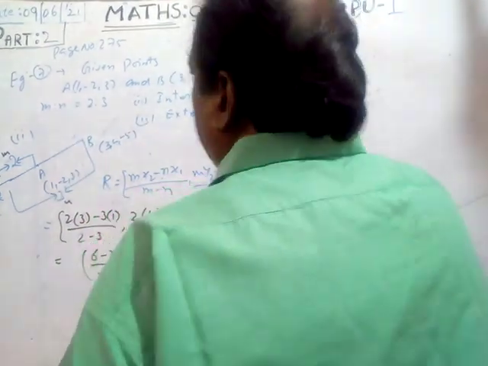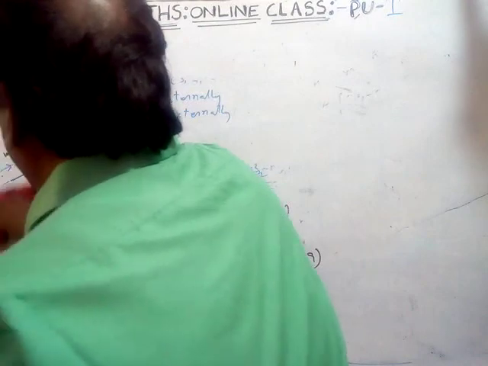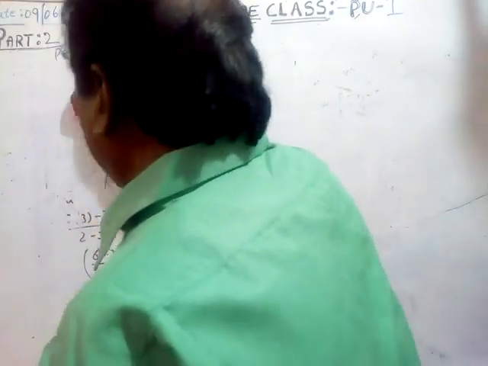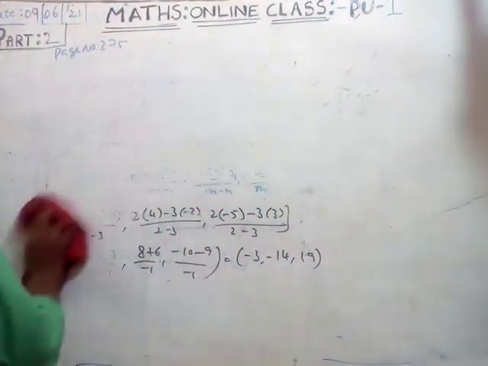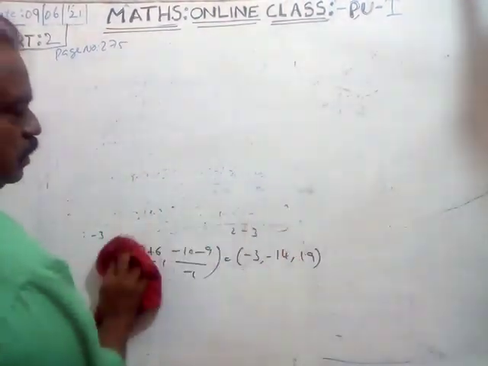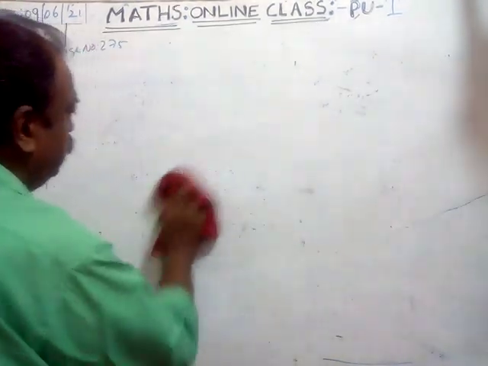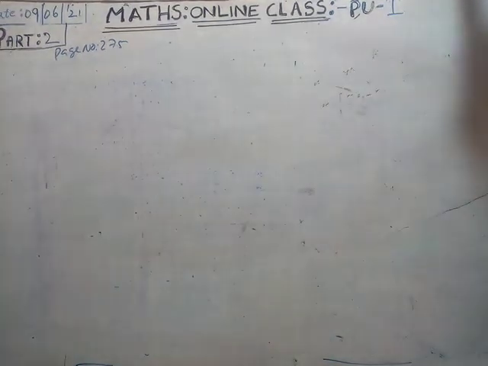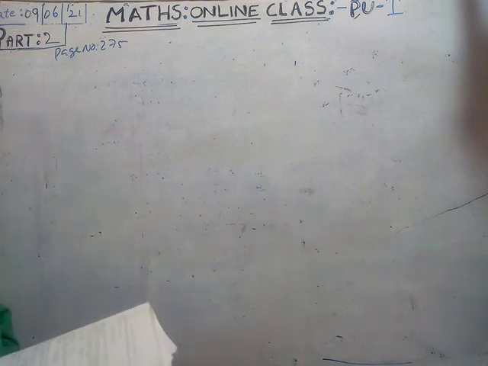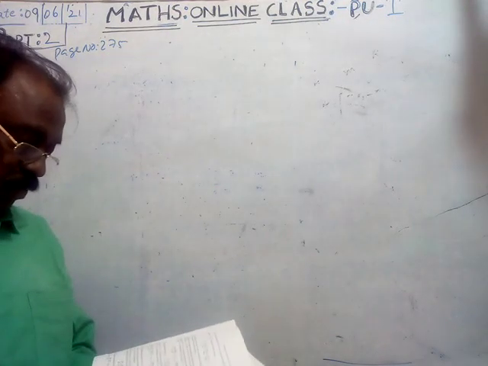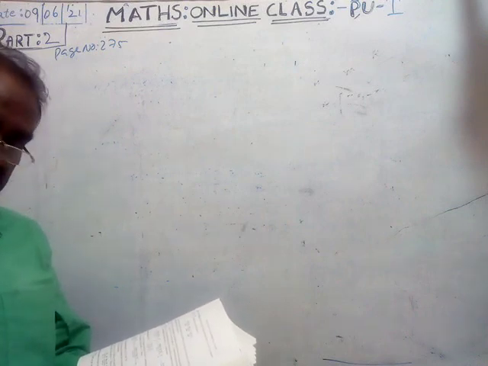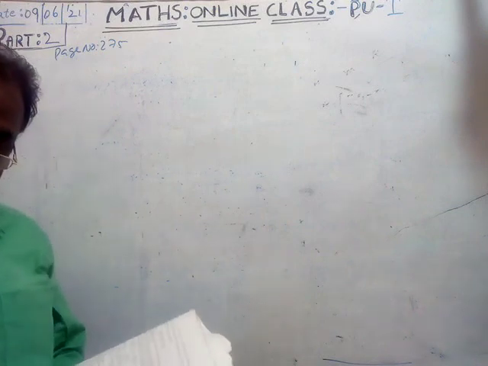Now I'll go to next, 8th, the same page. The 8th example is also an important one. Please observe it. Open your textbook and see that problem in that page. It's a very good problem. Okay now? I will read out the 8th example: using the section rule, prove that the given points are collinear.